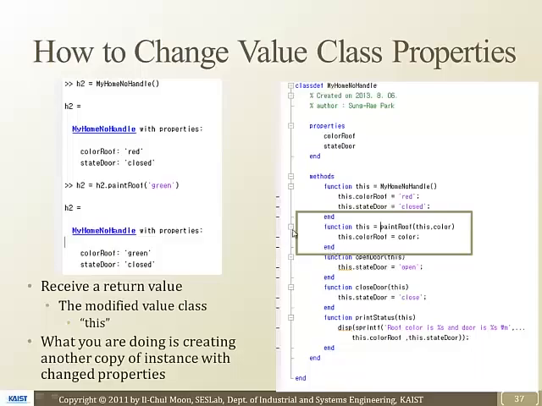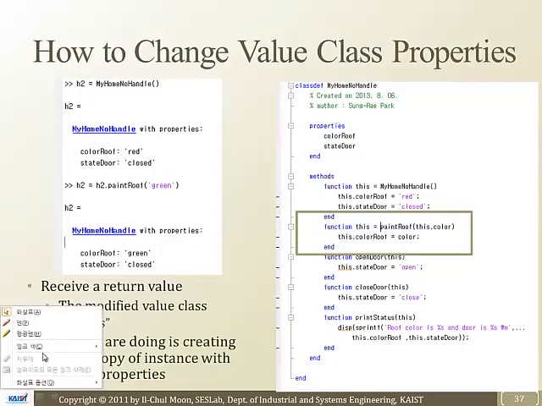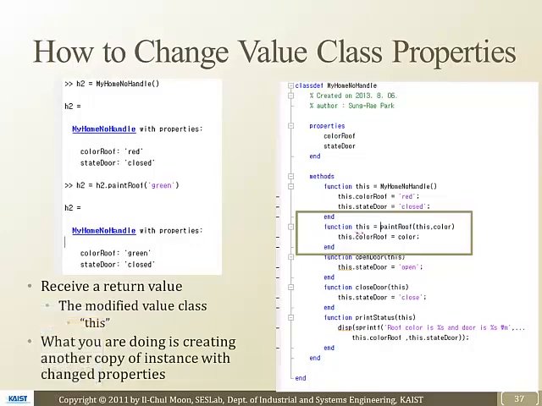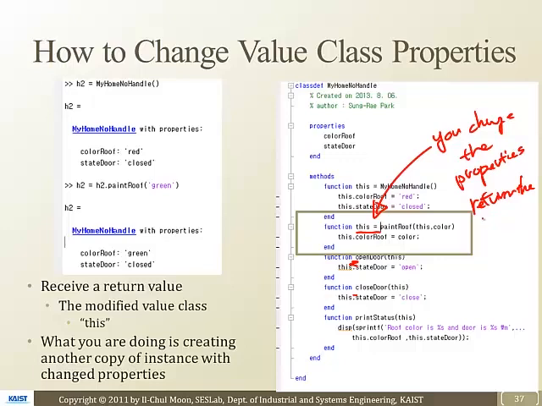Okay, so what is happening here is that we have this equal this. We didn't have a return value here and here. What is happening is that you change the properties and return the changed